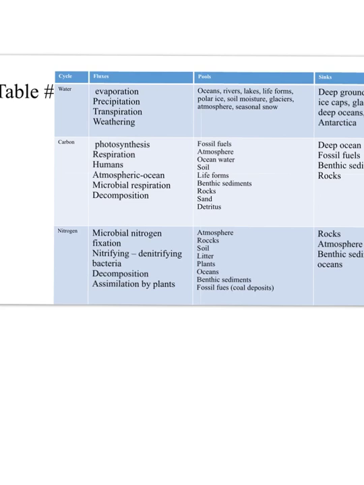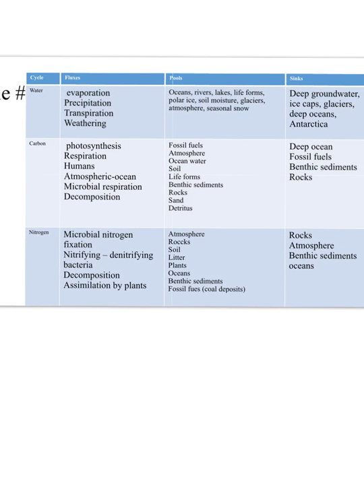Okay, so for the three main biogeochemical cycles, you need to know the different processes that occur in each one. And so for the water cycle, for the fluxes, you should have evaporation, precipitation, transpiration, and weathering, and then you should understand what those four things are. The pools for the water cycle are listed there. You might not have had them all, and you don't need them all, but you should be aware of all the different pools where the water would be. And then the sinks aren't as important as the fluxes and the pools. So you definitely would say that this first column is the most important,